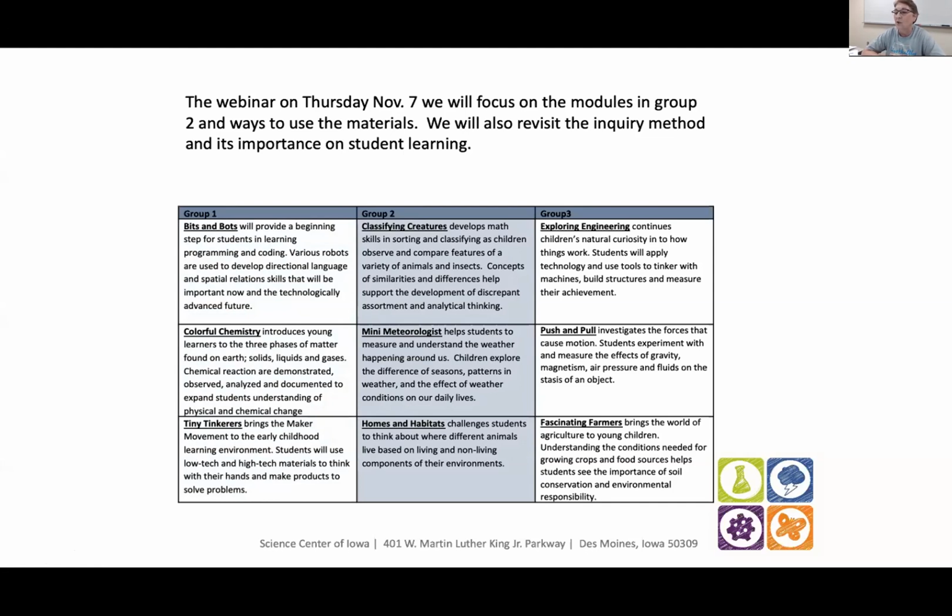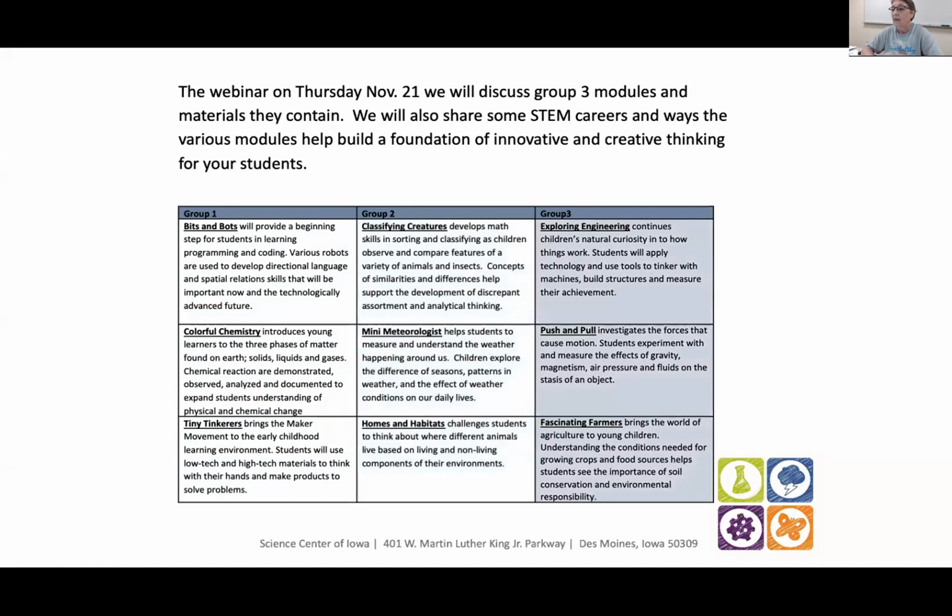The next session, we're going to talk about the Center 3 from Group 2. Many Meteorologists has gone out, and Homes and Habitats has gone out. Classifying Creatures is very close to being ready to ship, so we will get those to you just as soon as possible. And then, of course, from Group 3, all 3 of those have shipped. So we're very close to having all of the materials in your hands and being able to start really using these in the